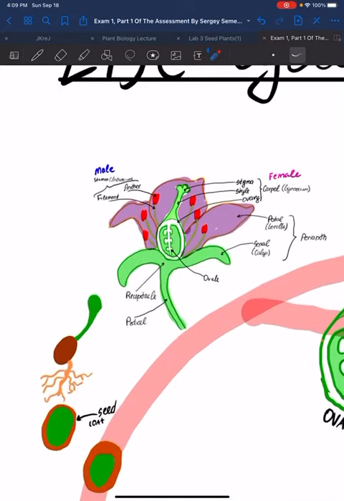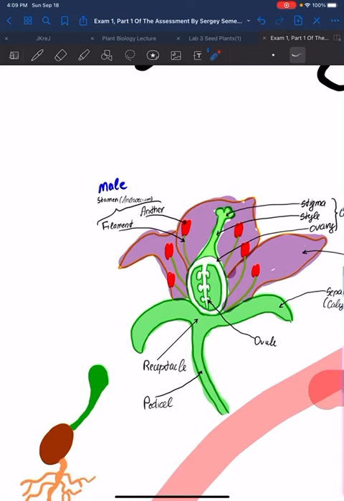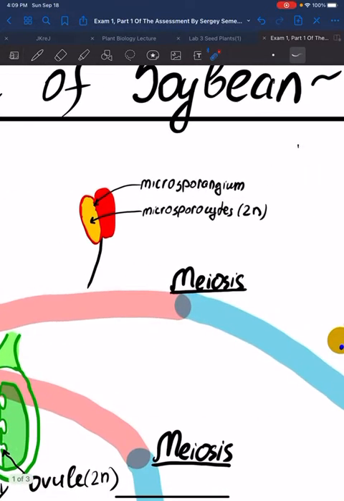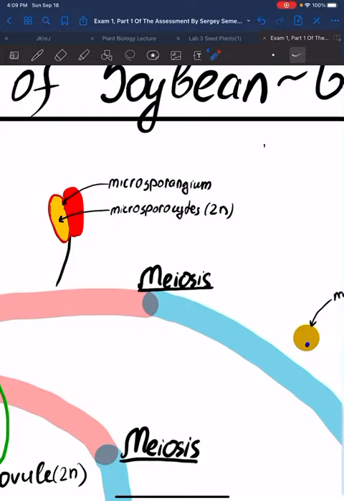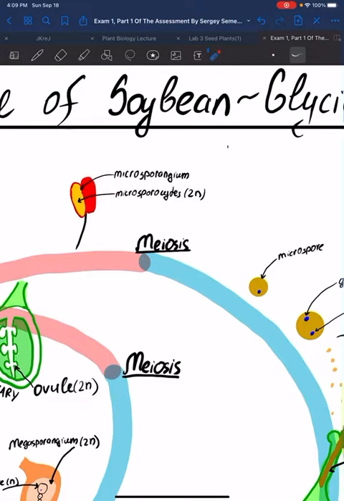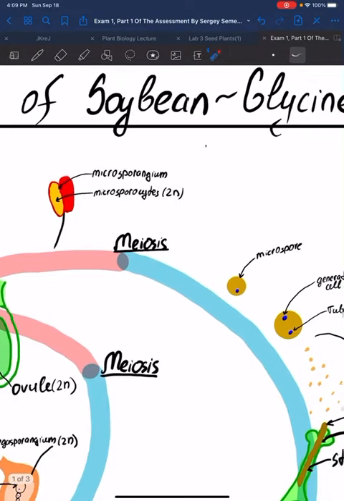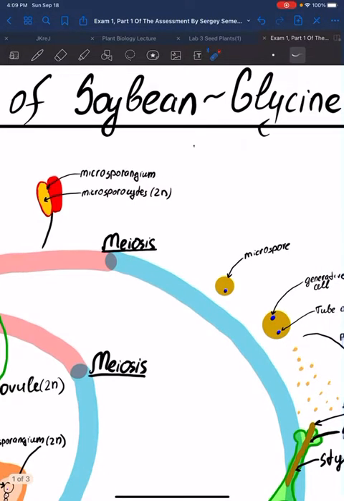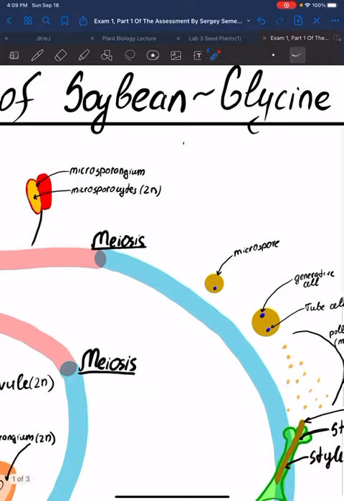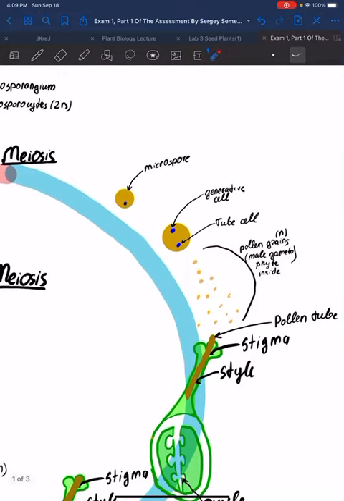To start things off, I would like to focus on the male part of the reproduction. The male part consists of a filament and anther. Here we can see that the anther, which is diploid, has a microsporangium in it, and the microsporangium will give rise to microsporocytes, which are diploid. Then the microsporocytes will give rise to microspores, which are haploid, and the microspores via meiosis will then give